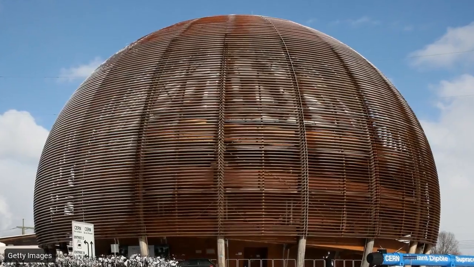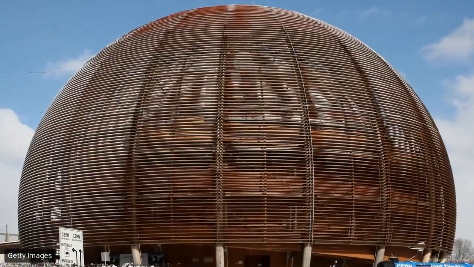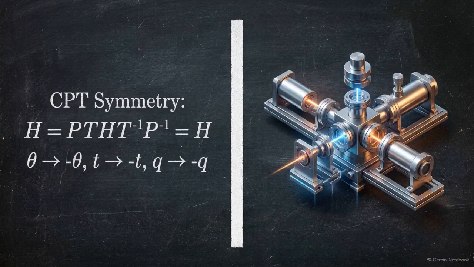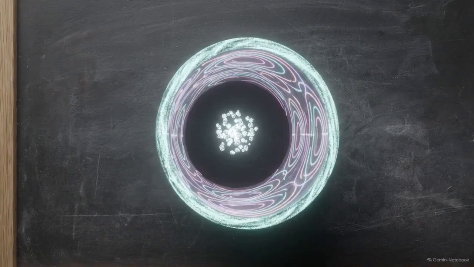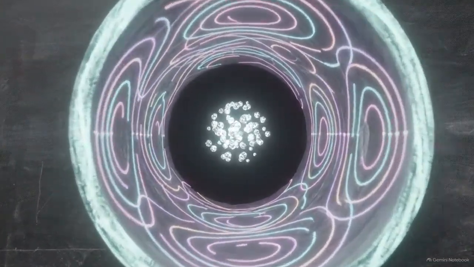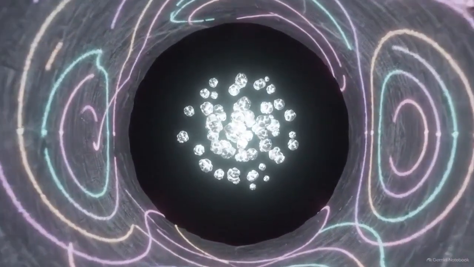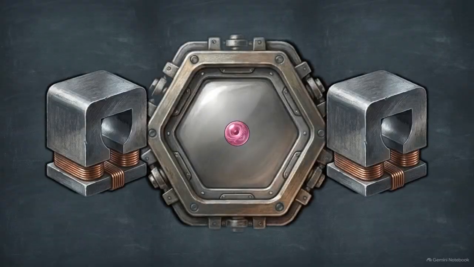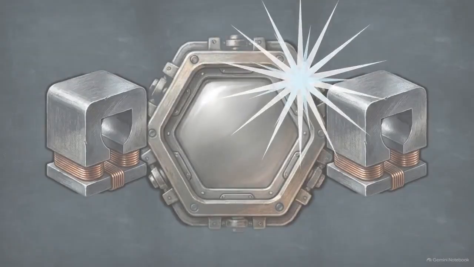If you flip the charge, invert the spatial coordinates, and reverse the time, antimatter behaves identically to normal matter. That theoretical derivation brings us to the physical testing currently occurring at CERN. The ALPHA collaboration was established to test whether this exact mathematical symmetry holds up in the real world. The experimental constraints are severe. Physicists produce anti-hydrogen atoms and capture them inside a cryogenically cooled, vacuum-tight magnetic trap. If an anti-atom touches the chamber walls, it instantly annihilates.